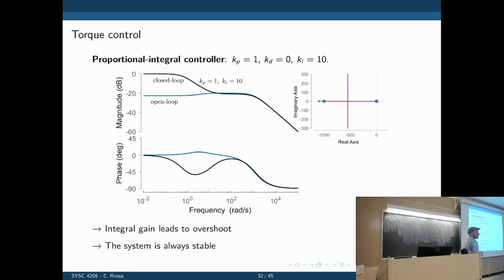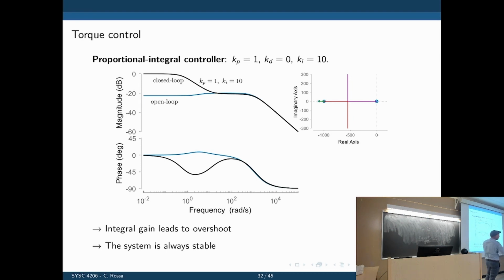Wouldn't that be cancelled? No, the zero is not at the origin. The pole is at the origin, right? You have 1 plus, let's say, Kp plus Ki over S. That is Kps plus Ki divided by S. So this is a zero that we can shift around, and you can see where it is there. And the pole is always at the origin. So we can see that we added the zero over there, because we made the slope